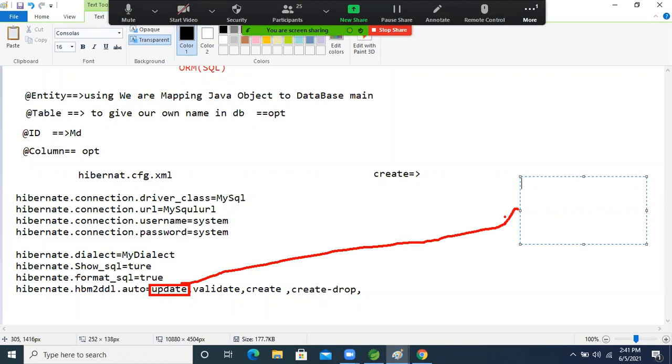First it will check whether there are no changes in the object compared to the previous data. Then update will perform the operation in the same table. And if there are any changes, then in the database our ORM framework will update those areas. Okay, so fine now, guys.